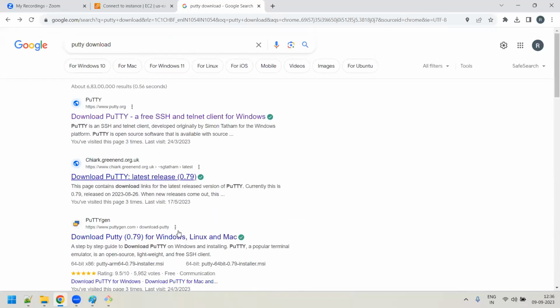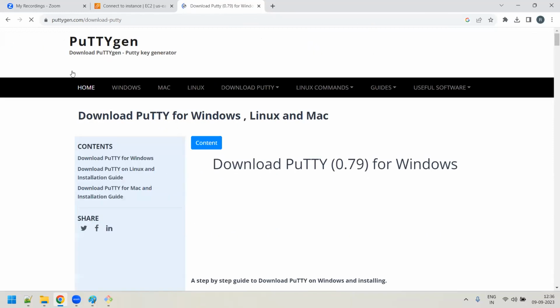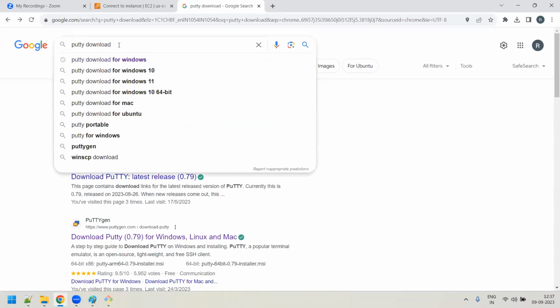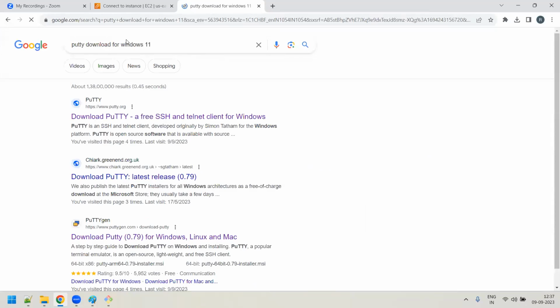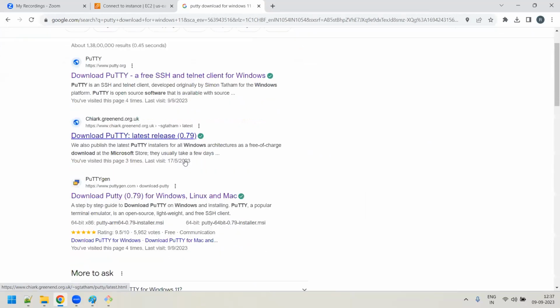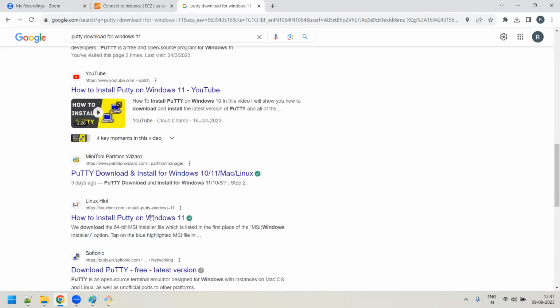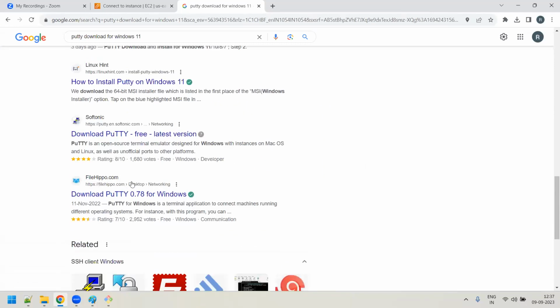Sorry, putty gen. No, not this one. Putty download for Windows. Okay. Where is it, sir? I was looking for that particular site where I can download it.